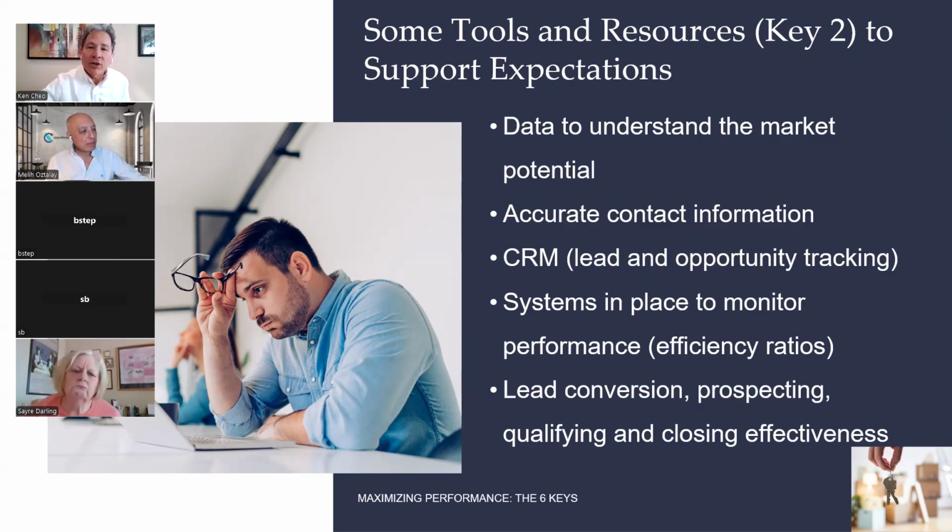Data you can get out of your CRM and your ERP systems, okay? And systems that you can put in place to monitor your performance and really keep track of these efficiency ratios. I mean, a lot of times I just have them take it out of their ERP system or their CRM and just give it to me, so we can keep track of it in spreadsheets. Either way, whatever's easiest to do, and look at their conversion ratios and their efficiency. Okay,